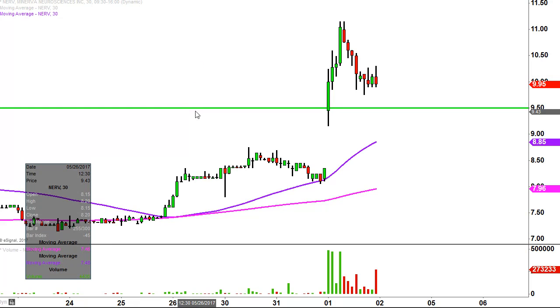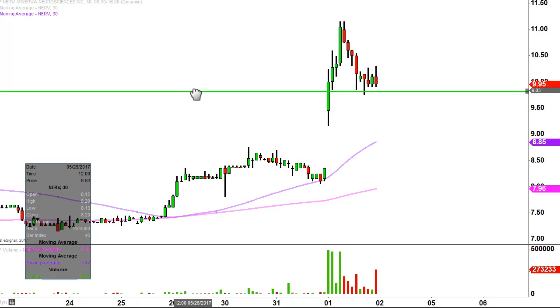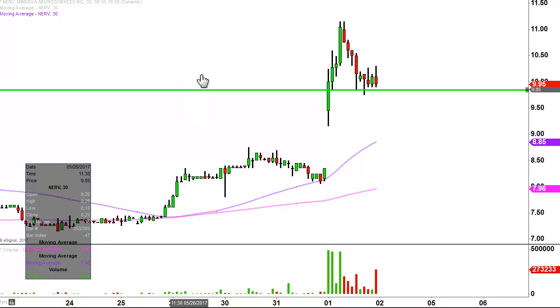The ideal level of support, meaning if you say, hey, Clay, what would make this chart look the absolute strongest going forward? In my mind, that's if 985 can continue to hold. I use the word continue because you can see throughout the course of the day right there, the bears tried on numerous occasions to push down through that level, and the bulls did a fantastic job of holding strong there. Now, don't get me wrong, if the price falls below 985, I'm not saying that the entire chart's ruined or anything like that. But if the price can continue to hold above there, that would certainly make the chart